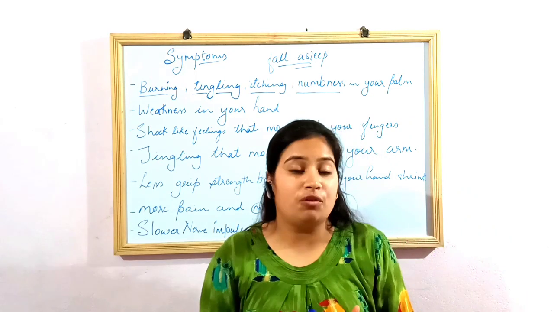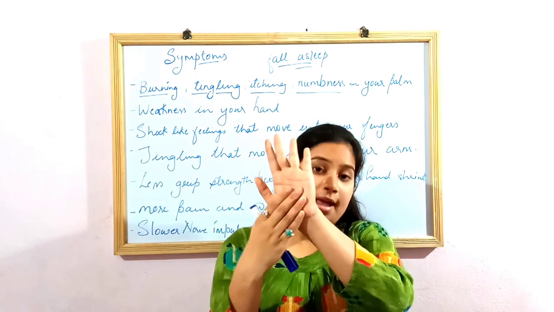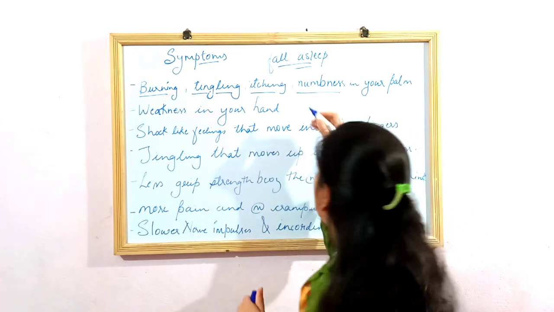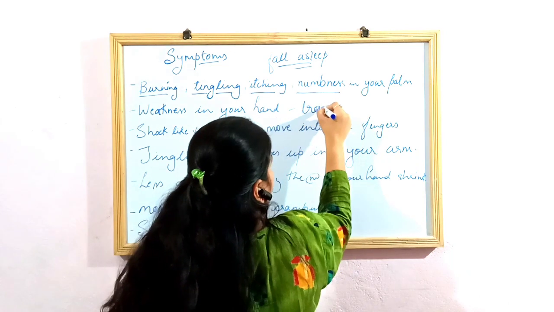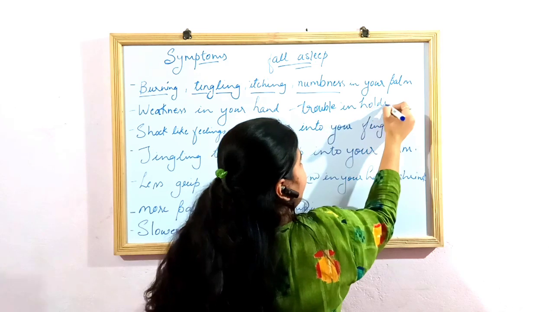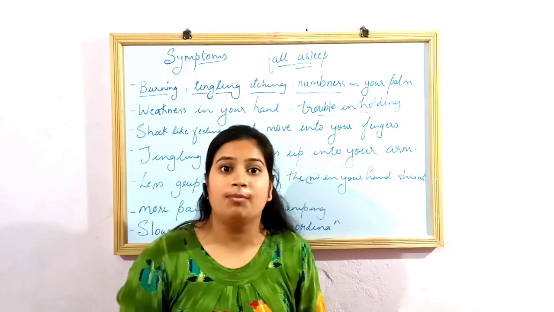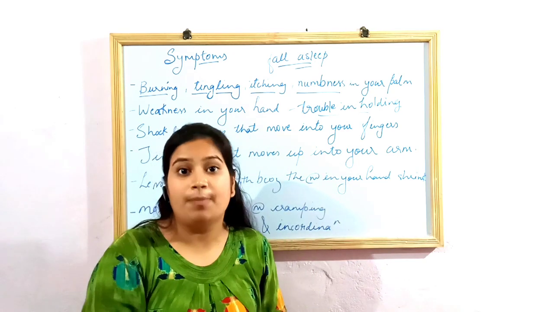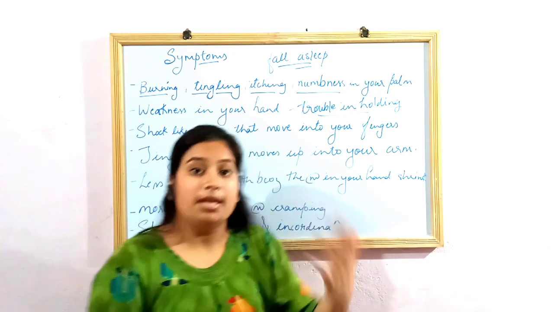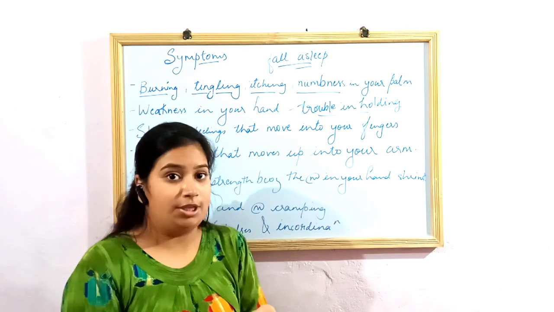There is a lot of weakness in your hand because of muscle atrophy of the hand muscles. So it causes you trouble holding things. थिंग्स, यानी लंबे समय तक हम कोई सामान पकड़ नहीं सकते, कोई भारी सामान नहीं पकड़ सकते, या कोई हल्का सामान भी हम बहुत देर तक नहीं पकड़ सकते. It is because of the weakness in your hand and this is because of the muscle atrophy.